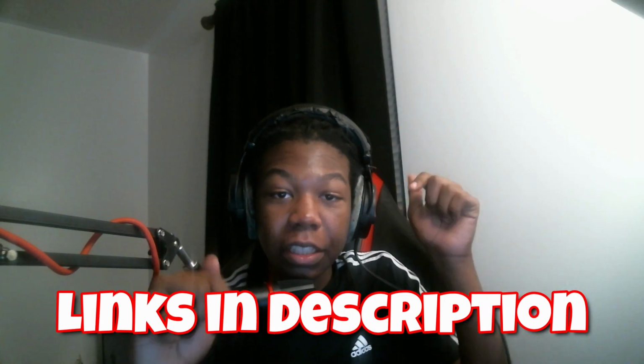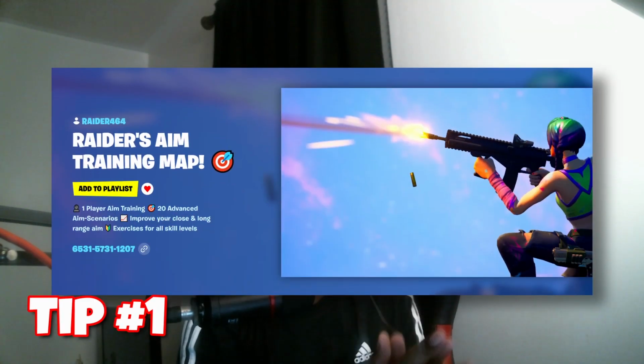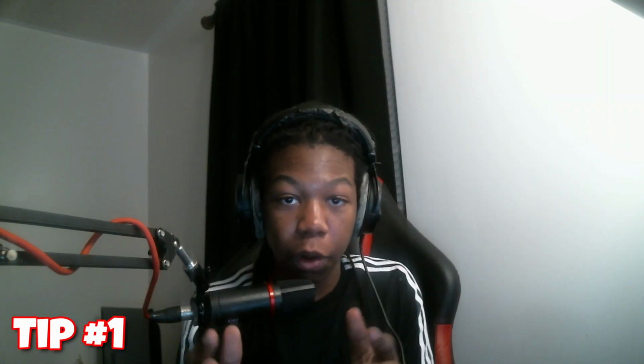Alright, so you need to play these 2 Raider 464 maps. Links are in the description. These maps are good for warming up and generally improving. So first, we have Raider 464's aim training map. These are like Aim Labs and KovaaK's, but just for Fortnite. And when I first started doing these, I even noticed improvements within the first 3 minutes of me doing the